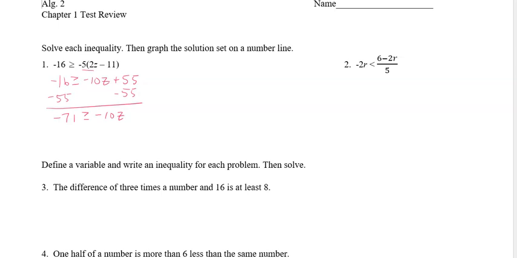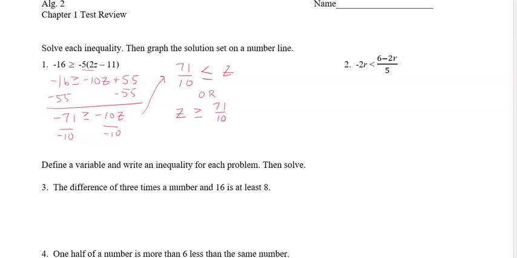So here's that rule I alluded to a minute ago. If I divide, and it also applies to multiplication, if you divide or multiply by a negative number with an inequality problem, you must switch the inequality. So I'll come up here and put the final answer. 71/10 becomes positive because it's a negative divided by a negative, but instead of greater than or equal to, it becomes less than or equal to. So that would be an acceptable answer, or if you wanted to put the z first, you could say z is greater than or equal to